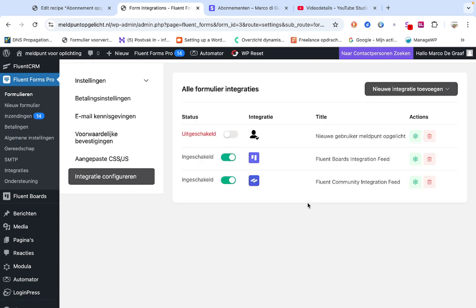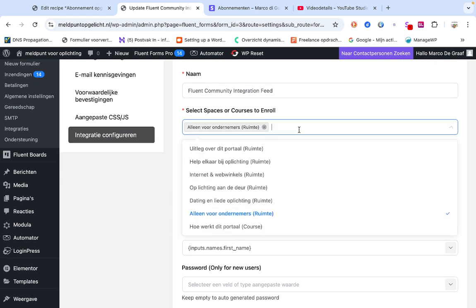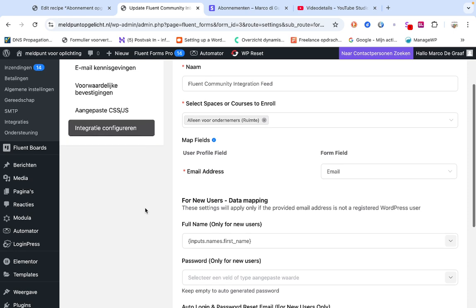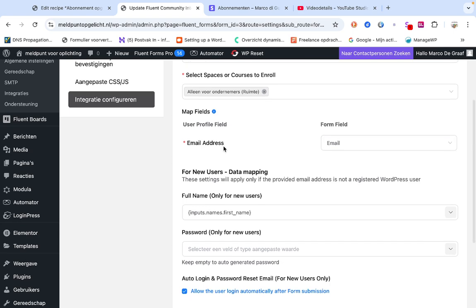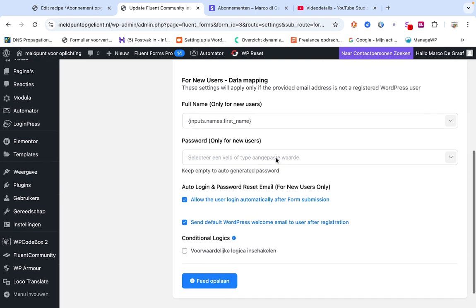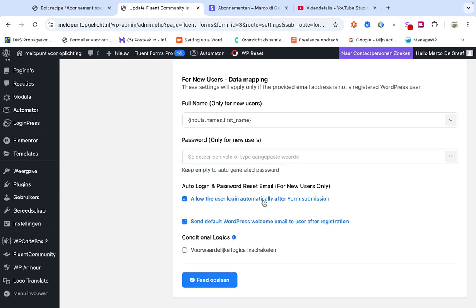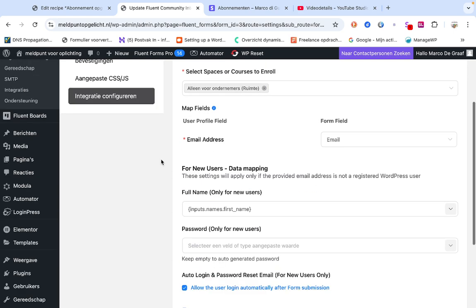Where we are particularly interested is the new integration from FluentCommunity, where you can choose what part they can subscribe for. So you can choose here the areas, the rooms they can subscribe for, and then you have to use, of course, the email field. That is very important. The username and the password you can leave blank, then an email will be sent out. Don't forget to set up your SMTP, otherwise they will end up in spam and you will get errors. So once you have done that, then you can